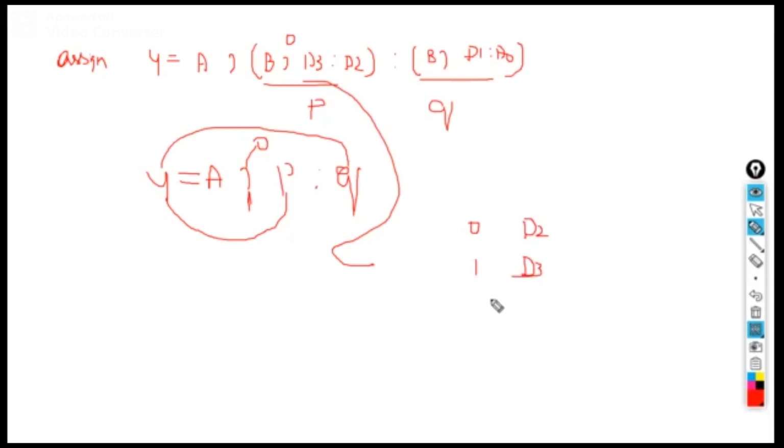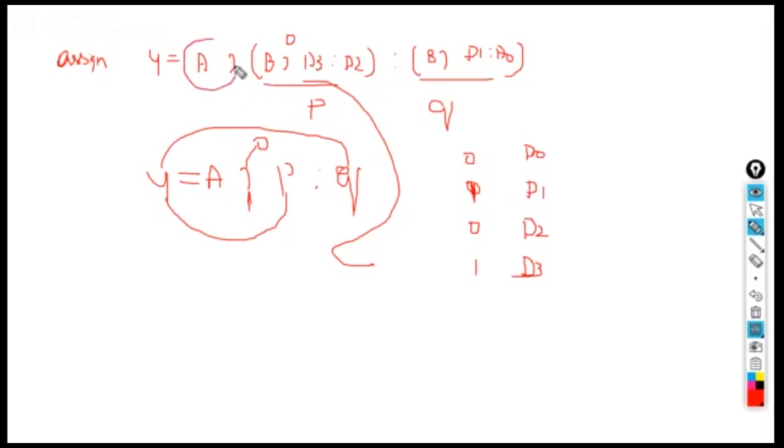Similarly, when b is equal to 0, here it can take value d0 or it can take value d1. Right? Now, this is the internal loop.